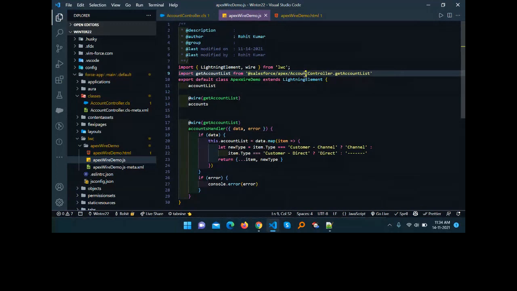You know very well this is the import statement, like import at the rate salesforce, then apex/AccountController, and then give your method name. So this is one thing.